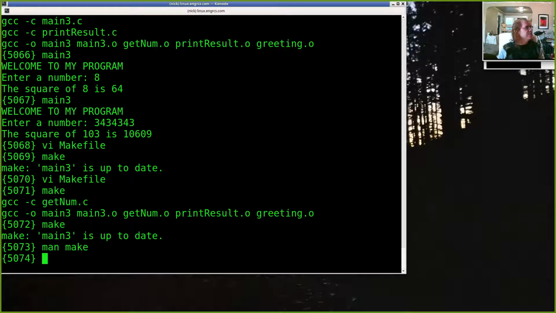All right, let's see. If we set our tab stop to a smaller value, we still need only one tab in our makefiles. Yeah, you only need one tab. If you're changing your tab stop in VI, yeah, as long as it's not changing it to spaces, you're okay. Just make sure it's actually a tab character. And like I say, you can say :set list to see those characters,